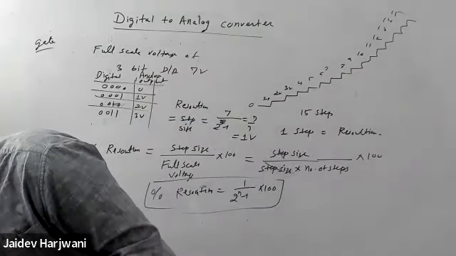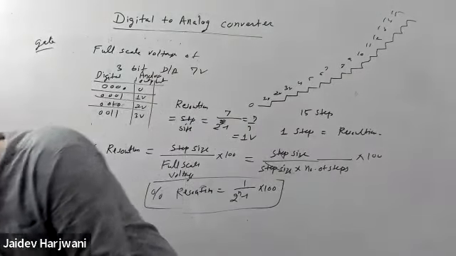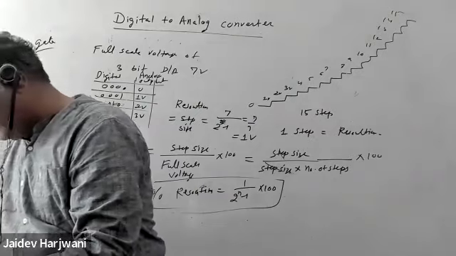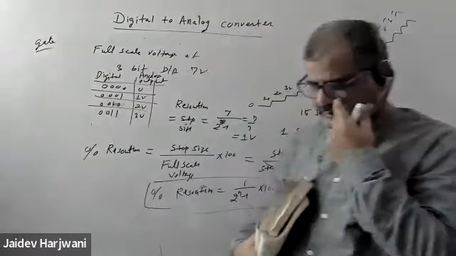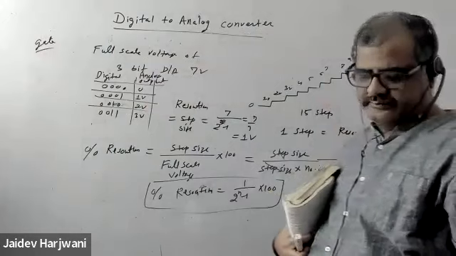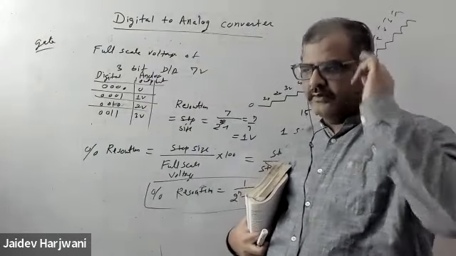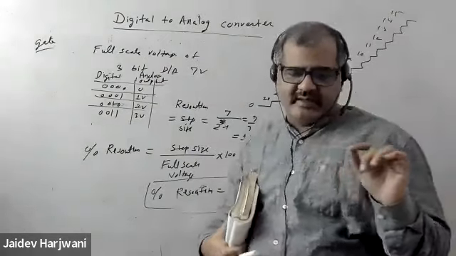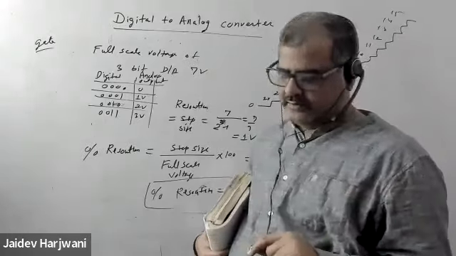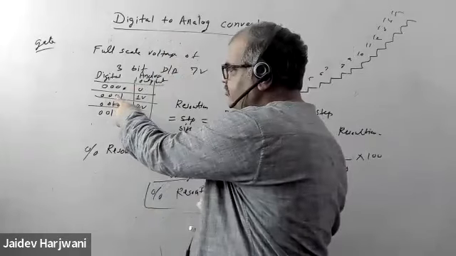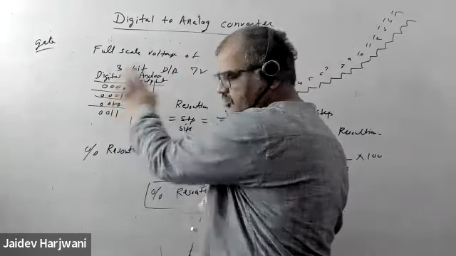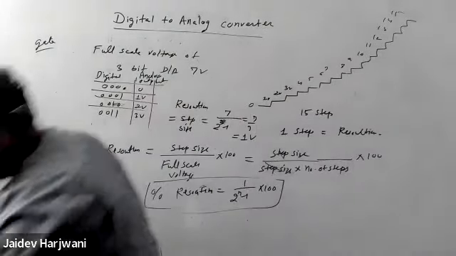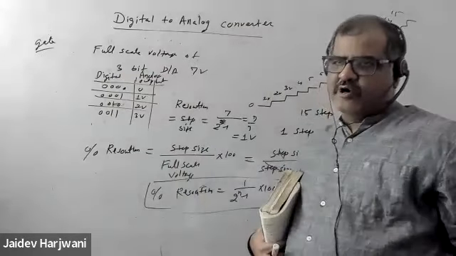Now let us solve some problems based on this formula. सर अगर जैसे रेजोल्यूशन 2 वोल्ट आएगी, तो 0001 को 2 वोल्ट जो भी रेजोल्यूशन आएगा, स्टेप साइज आएगा, वो आपका वेट ऑफ एलएसबी है। जैसे 4 बिट है तो 0001, 3 बिट है तो 001, 2 बिट है तो 01। तो एलएसबी का वेट होगा जो भी आपका स्टेप साइज आएगा, बाकी आप उसको आउटपुट को मल्टीप्लाई करते जाओगे।